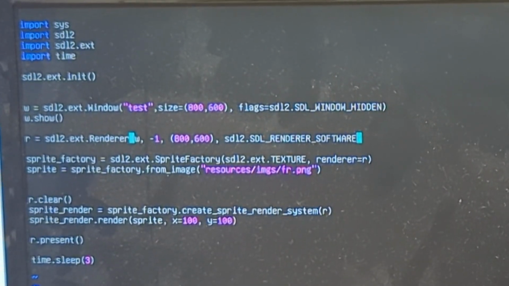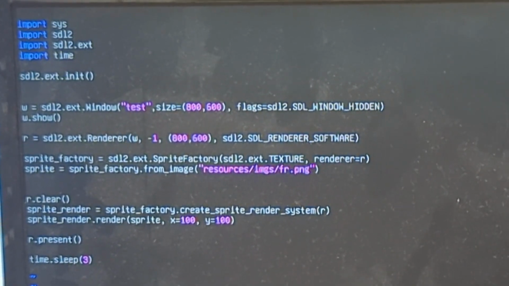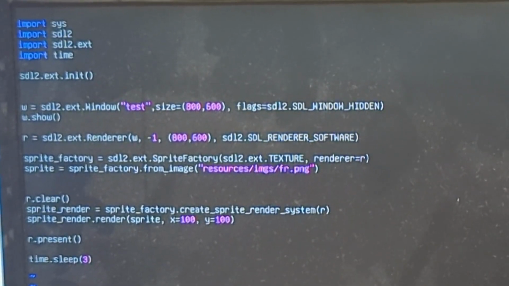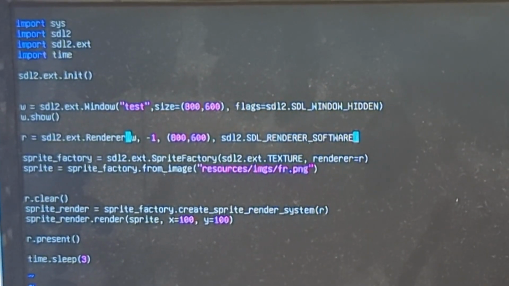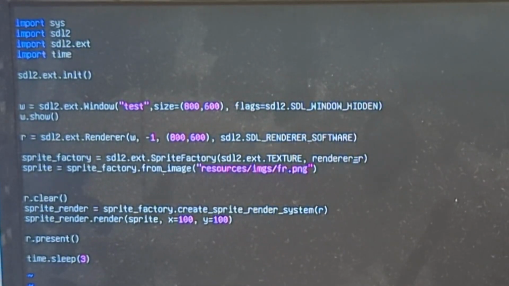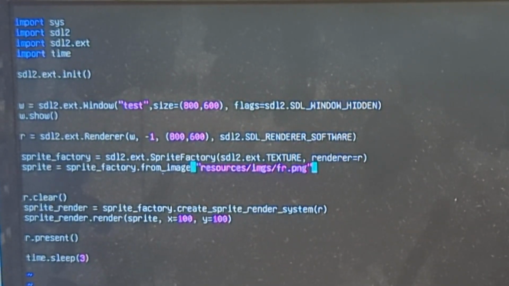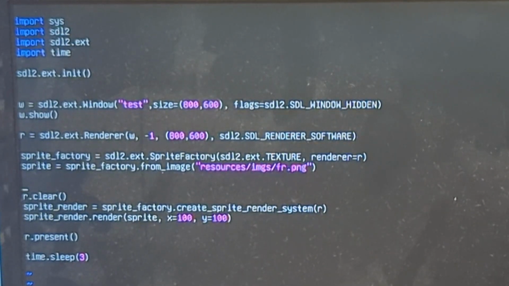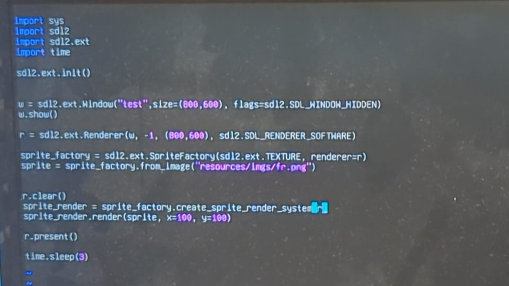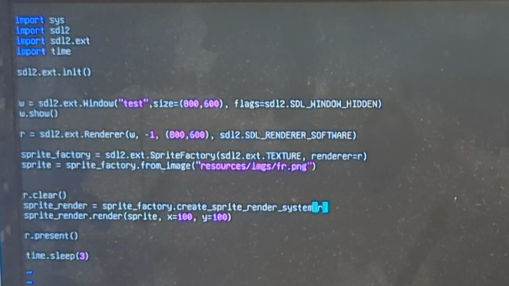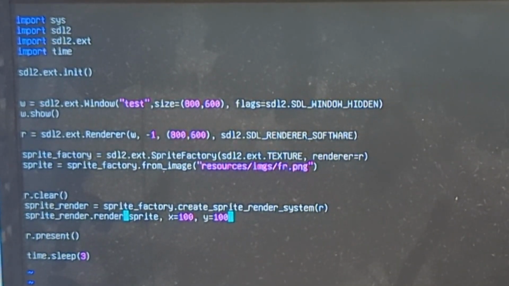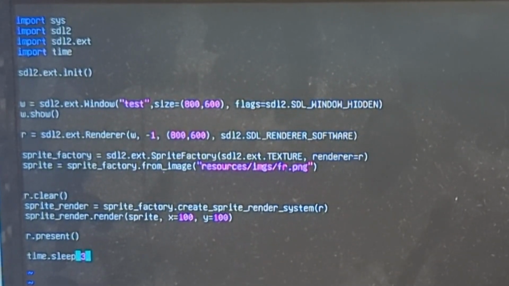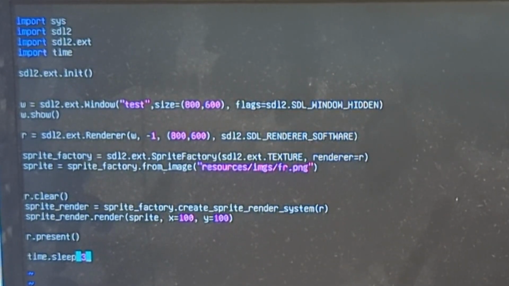We're basically running in just a console version, no desktop, no window manager, nothing. We created a renderer. This was an important point, and we're using software rendering, at least for the time being. We have created the sprite factory, which is for handling sprite data. Told it to use a little tester image. We clear the render, tell the sprite to output at the position of 100 by 100 pixels, and we present the renderer, and then we sleep for 3 seconds. This is literally it.